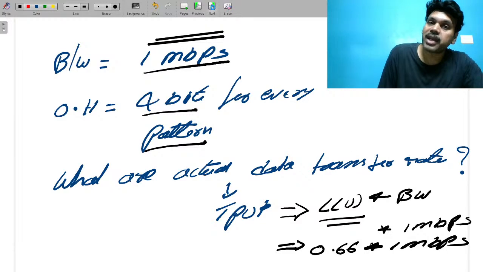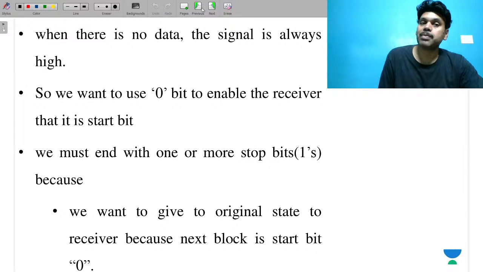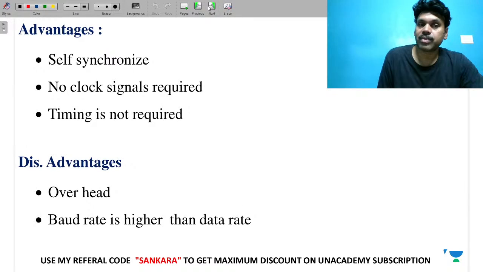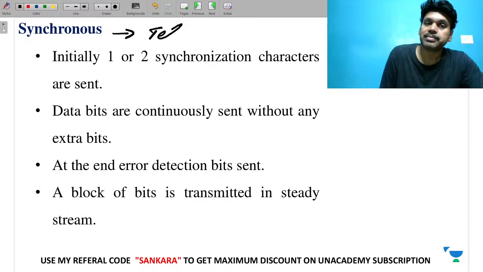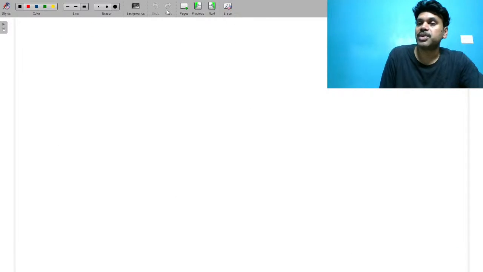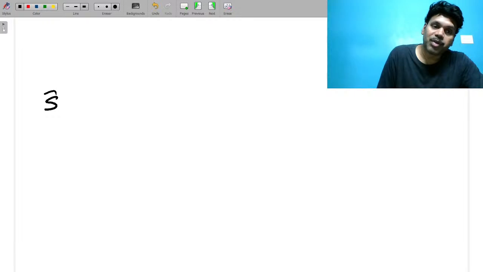So this problem can be eliminated with the help of synchronous. So what is synchronous? The synchronous concept is like telephone communication, a real-time example. In a telephonic network, what do we do? Before you start